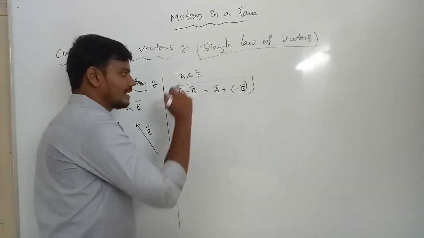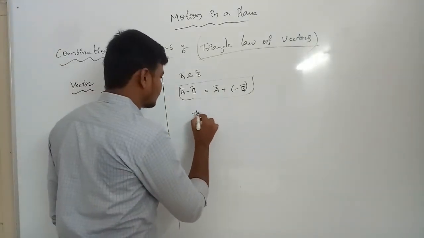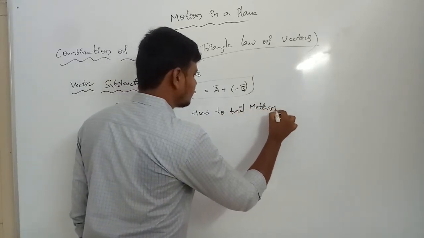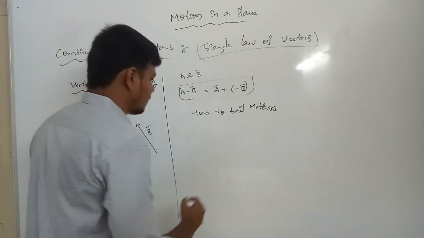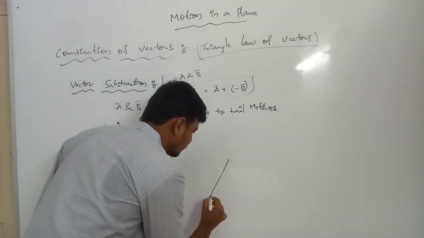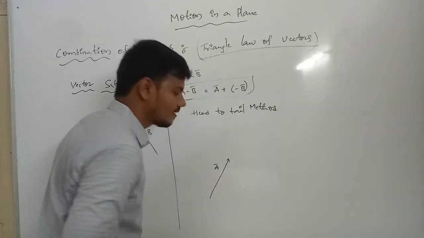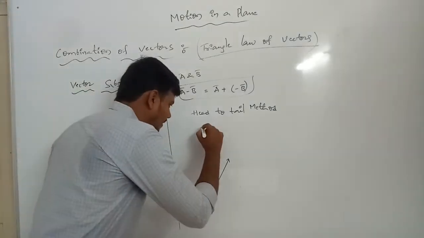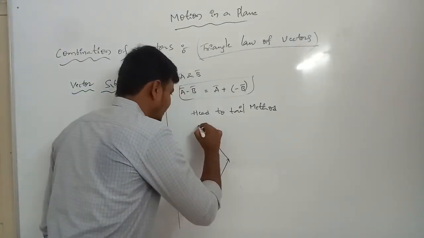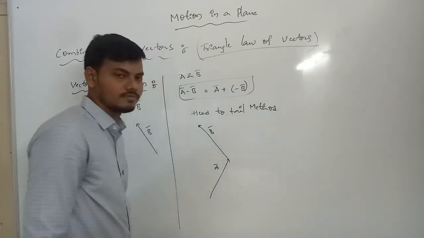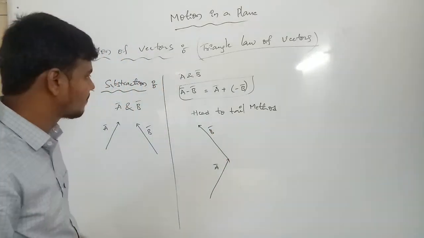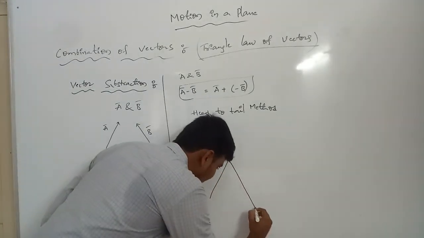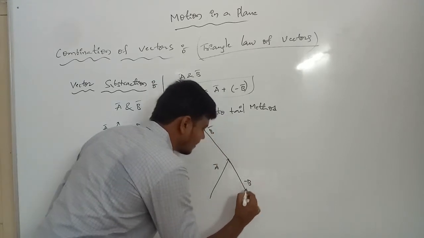Okay. Now triangle we can take it, head to tail method we can take it. Head to tail method. Okay. The first one, this is the A vector. First one. The same direction can be used to the positive B vector. This one is positive B vector. Here we can introducing only for negative sign. The negative sign of B vector. So this is the downwards we can take in. This is the minus B bar.